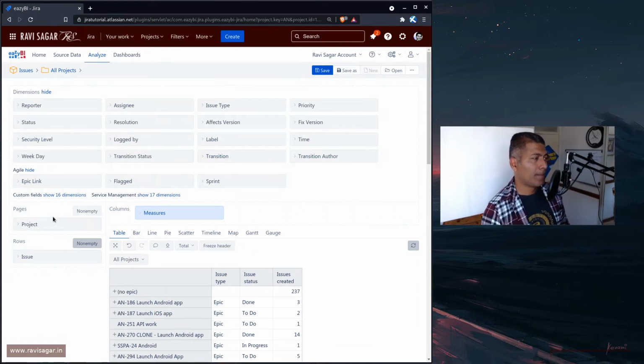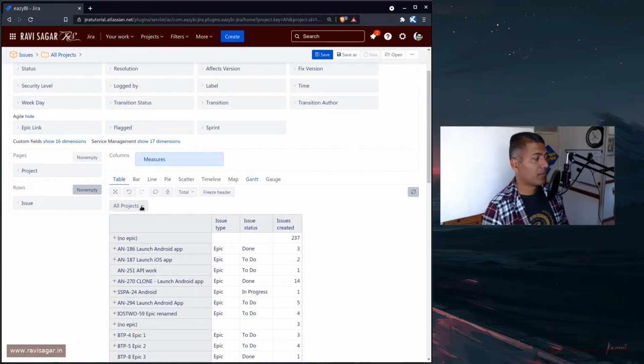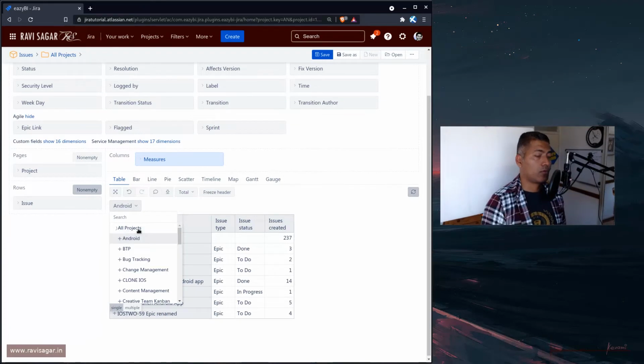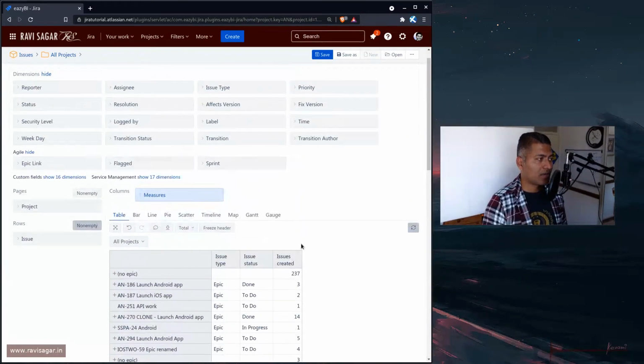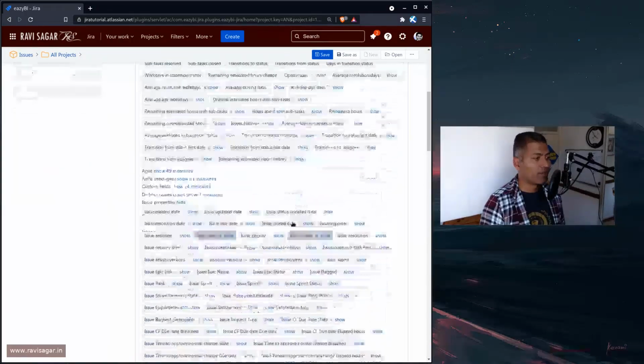Project, I believe, makes sense because you may want to know the project. You may want to filter it by project. So maybe if you select Android here, or maybe something else, you can do that. So this is something that I believe is quite useful. At the same time, you may want to, of course, know the